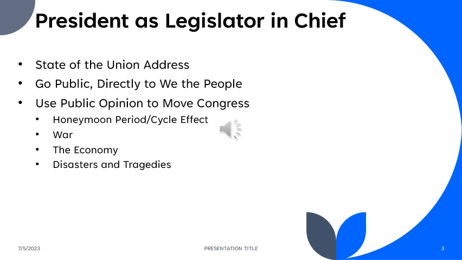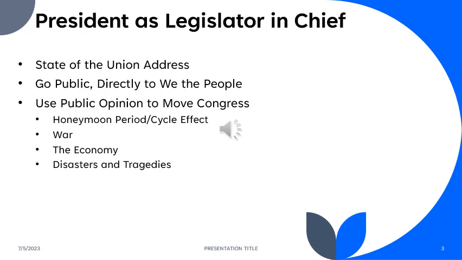But do we still hold the president responsible for that? Yes, we do. So during good economic times, generally a president will be more popular, therefore more powerful with Congress. When the economy is doing poorly, the president's approval ratings usually go down, and the president will have less leverage with Congress, generally speaking. Although right now we're in kind of a weird space with the economy doing quite well. I know inflation is a bit high, around 4%, which is not terrible at all. But I think people still have a negative view of the economy, although most people are actually doing better than they've ever done before. So it's tricky stuff.